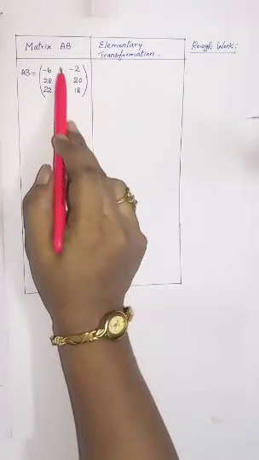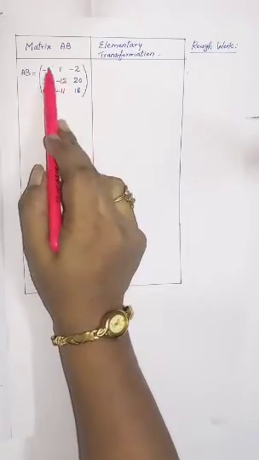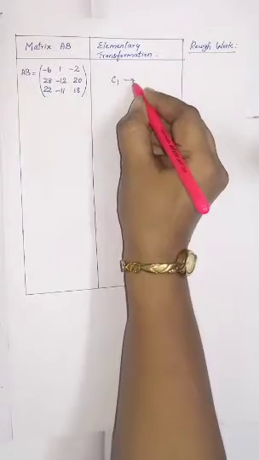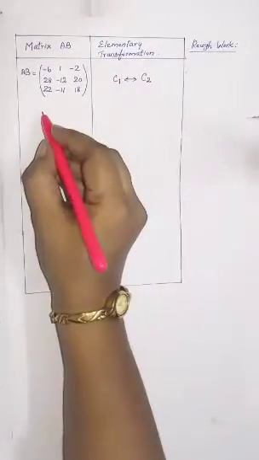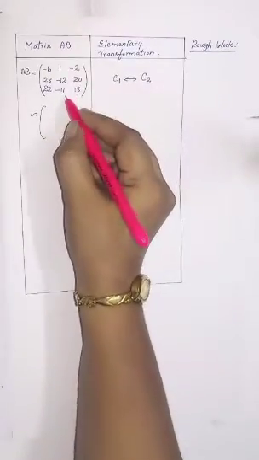So what I'm going to do is this column you can interchange it, okay. So that is column 2 and column 1 we'll have to interchange. So that is C1 interchanging is double side arrow C2. So which is equivalent to the column 2, you have to write it in column 1.